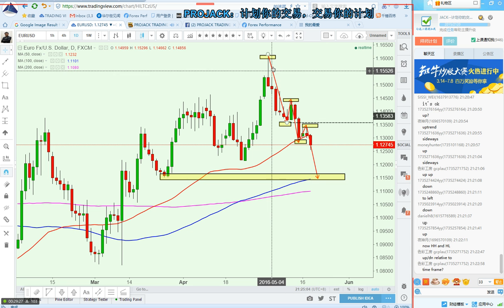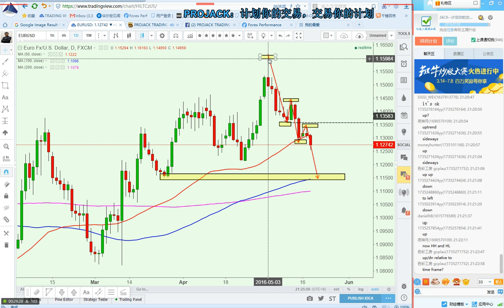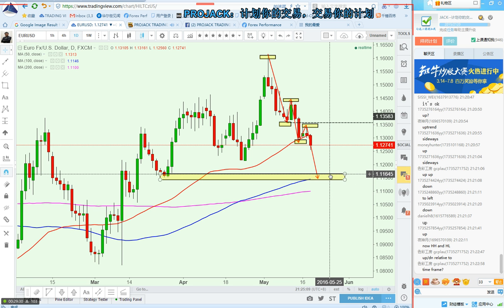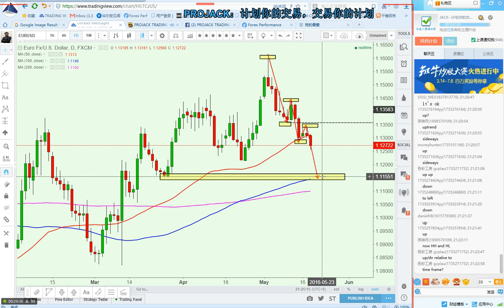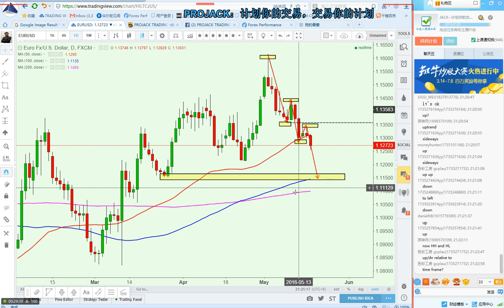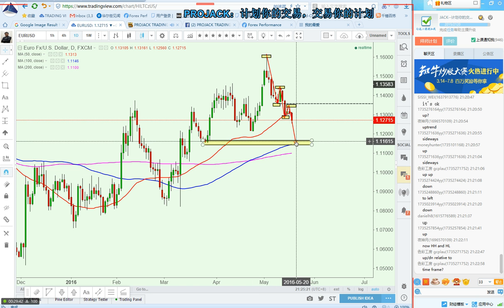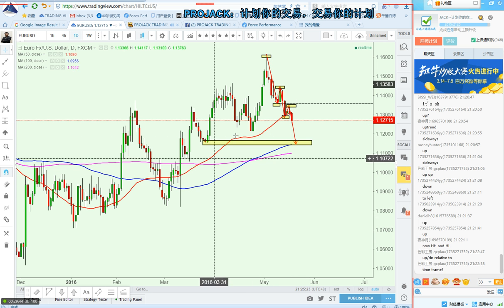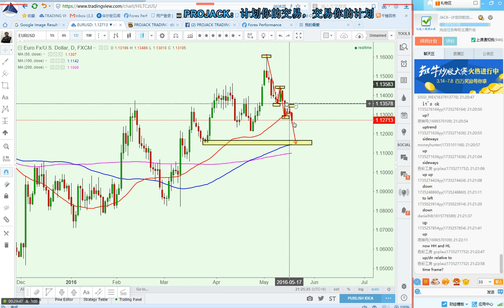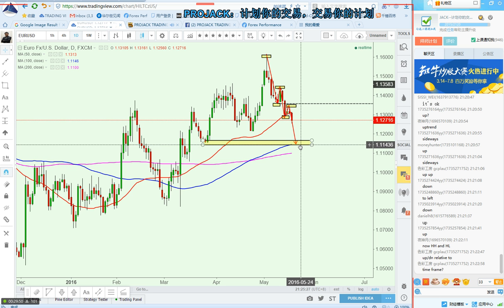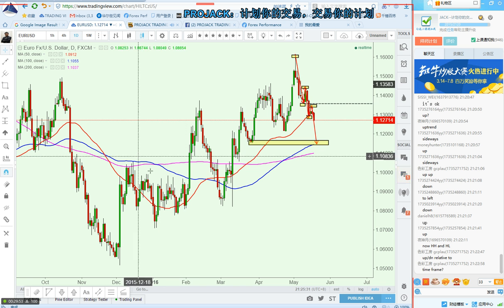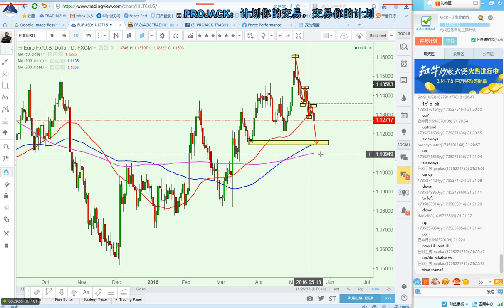Okay, and those guys who sell at 1.16 until 1.1150, they already earned 500 pips. They can take partial profits as well. So the sellers want to take profit. Those long-term investors, what they will think is that the euro goes up and comes back to the 100-day MA. I still want to buy, right? Because it breaks above the MA, and now the MA becomes support.